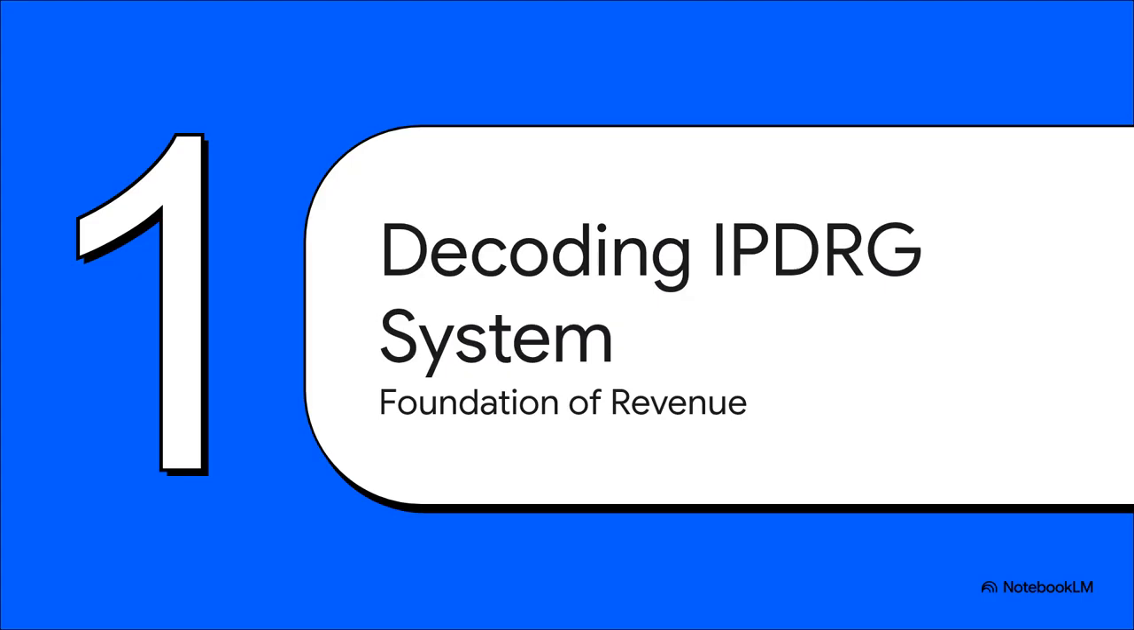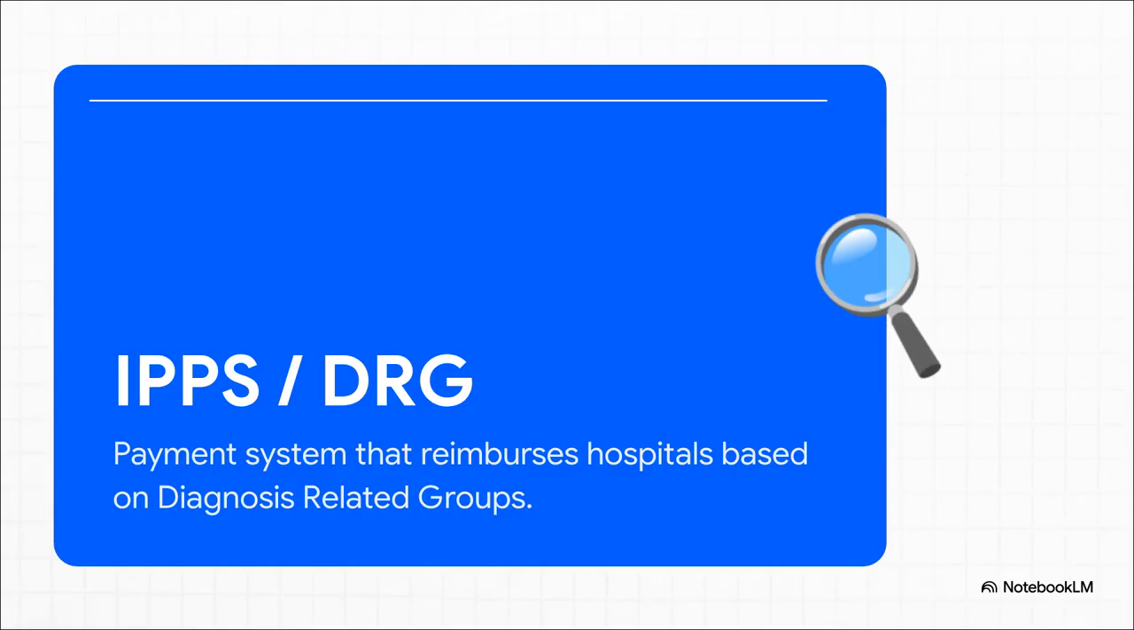Section 1. Decoding the IPDRG system, the foundation of hospital revenue. Okay, let's dive into this. Under the Inpatient Prospective Payment System, or IPPS, Medicare and other payers don't just pay a hospital a la carte for every single cotton swab or aspirin used during a stay. Instead, the payment is prospective. It's a fixed rate calculated before the patient is even discharged, and it's based on the Assigned Diagnosis-Related Group, or